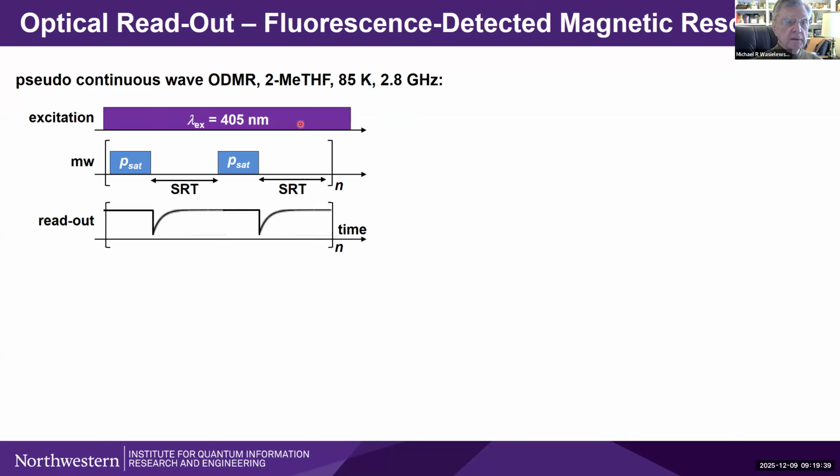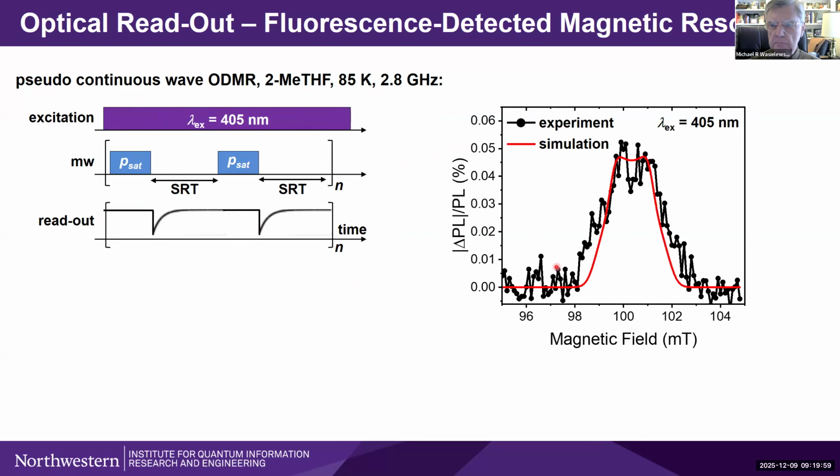This is at S-band in a homemade spectrometer. And we use a low power CW laser at 405 nanometers to continuously excite the sample. And then we simply pulse the microwaves with the saturating microwave pulse periodically, and do lock-in detection, and then read out the signal. And what we get is the same spectrum. The ODMR spectrum mimics exactly at S-band the spectrum that we get from doing standard EPR detection.